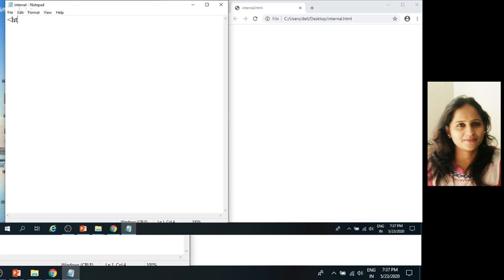HTML, head, style. Here style includes heading 1 with color property and red value. Start with body tag.